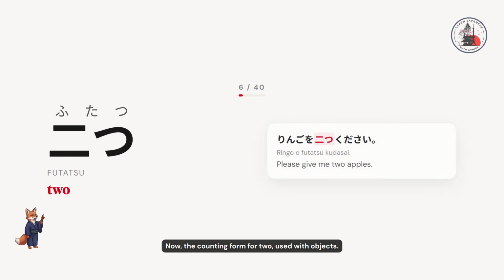Now, the counting form for 2, used with objects. 2つ、2つ。 Like this. りんごを2つください。